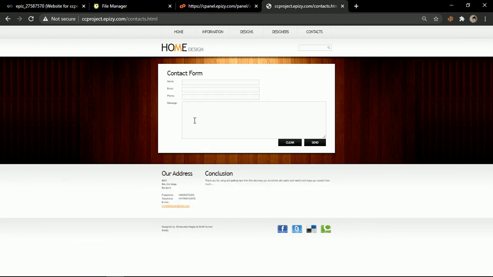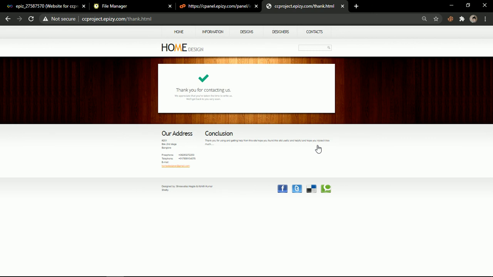In the contact form the customer can give their name, email address, and the information they want, and send it to us. After they send it, we will get their information, call them back, and let them know the information they want and which designers they want to contact. Here we also provide our address and phone numbers, everything. So this is the information related to our project and the cloud platform I am using. Thank you for watching.